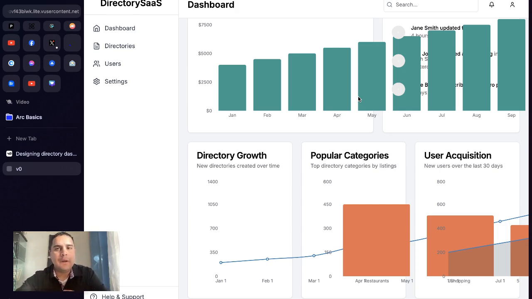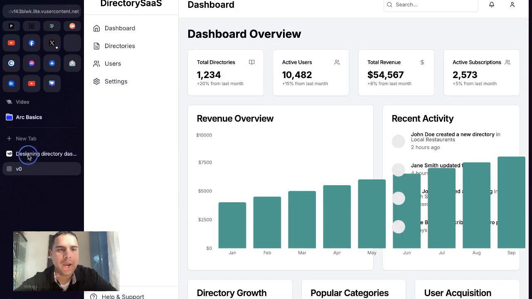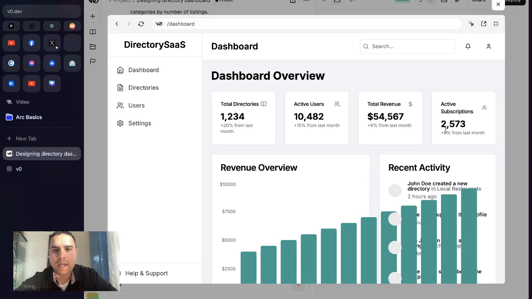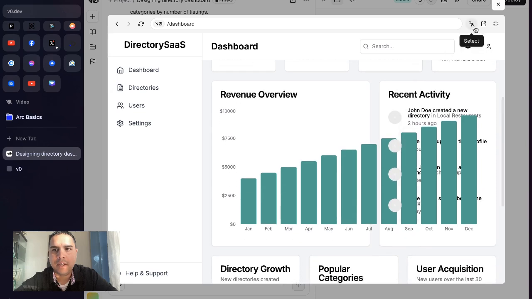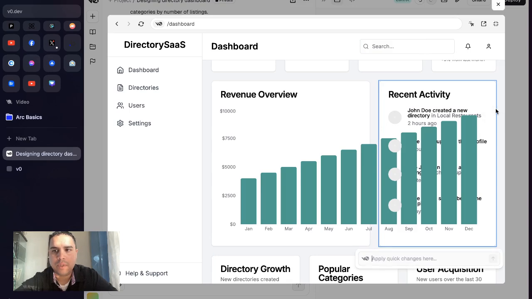Now, just to be completely transparent with you, this is the first time that I'm doing this. So please bear with me as we experiment and go through this process, okay? I'm going to go back to V0, and here we have the graph. What we're going to do is the first thing that I want to do is we're going to select this,